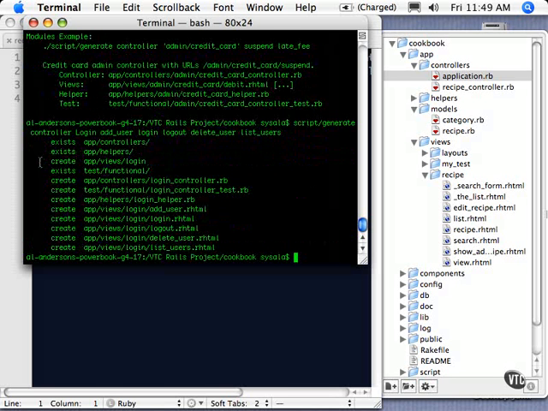one folder here that didn't exist, the view folder. These other folders already existed. It created my login controller RB. It created some test files for me. It created a stub helper file, and then it created all these views which correspond to the methods that I have. So I have an application, at least a stubbed out portion of it, where I just need to add the code